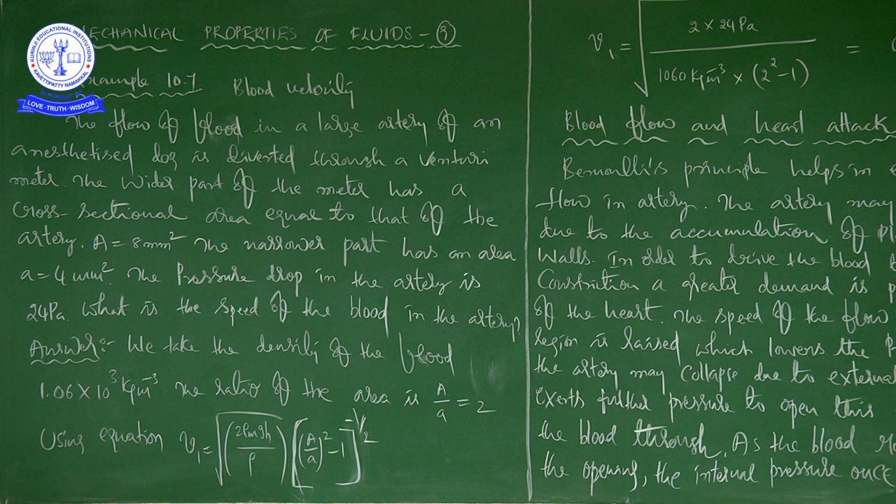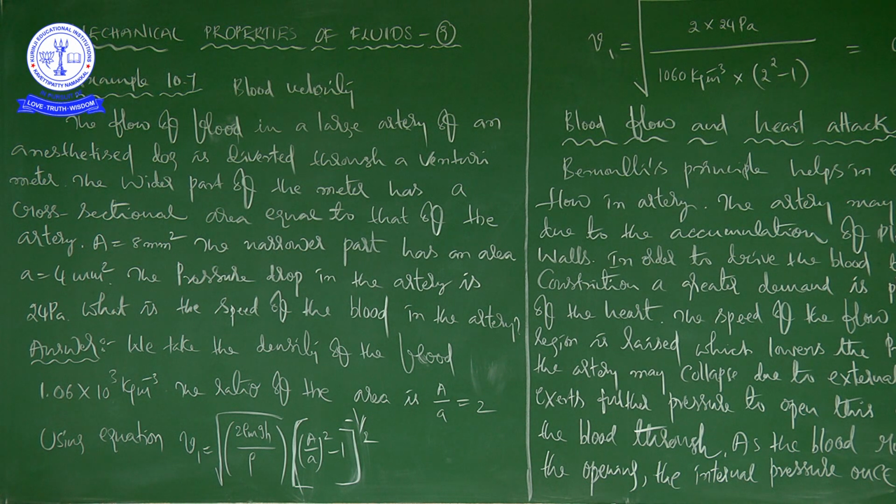Okay, right. See here. So in this class, initially, the first example problem, that is example 10.7, based on blood velocity. Based on blood velocity. Okay? Right. Say this. The flow of blood in a large artery of an anesthetized dog is diverted through